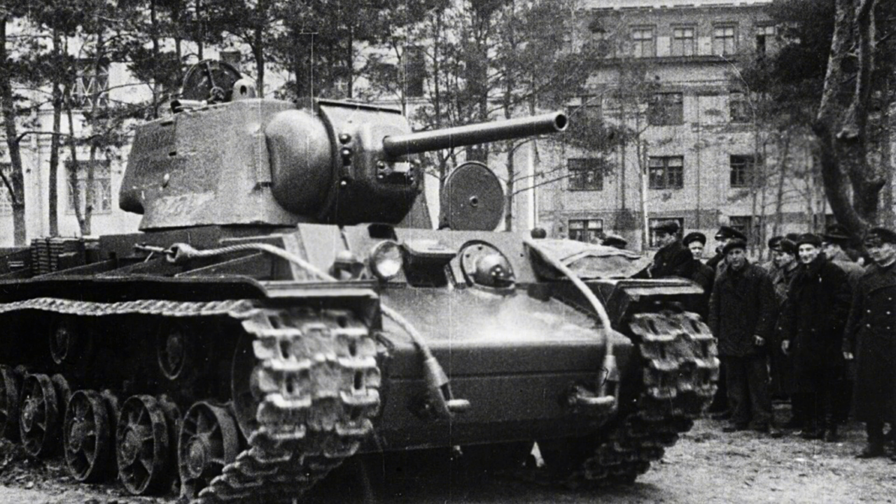Historical background. To understand why the KV-1 was so revolutionary, we need to look at the landscape of tank development in the late 1930s. At that time, most nations were still fielding lightly armored vehicles. Germany relied heavily on the Panzer I and II tanks, equipped with machine guns or small 20mm cannons. Even the more advanced Panzer III, which was just entering widespread service, carried a 37mm gun that struggled against heavier